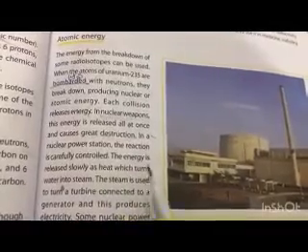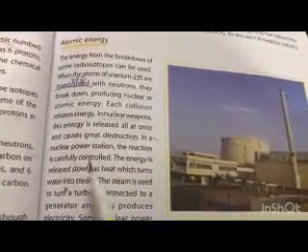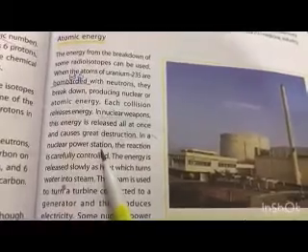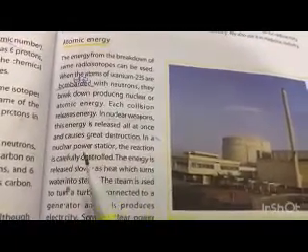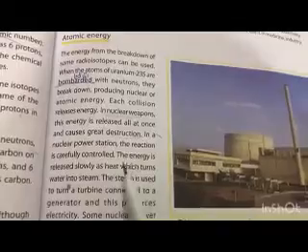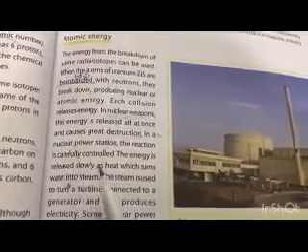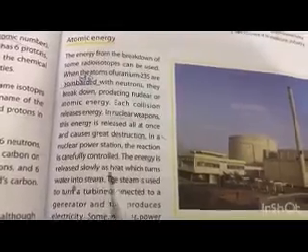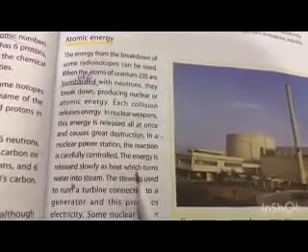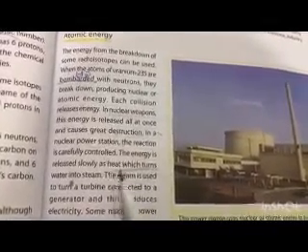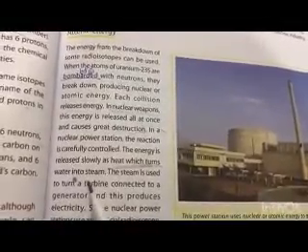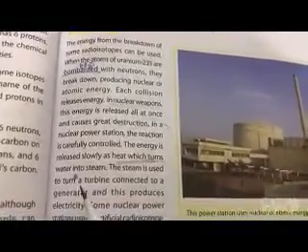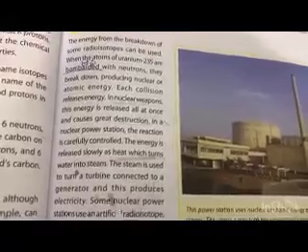So during the process, when we are using this nuclear power in industry or in power stations, the reaction is very carefully controlled. Why is this so? Because the energy is released slowly as heat, which turns water into steam. So if we slow it down, heat will be produced, and what will it do? It will turn the water into steam. The steam is used to turn a turbine connected to a generator, and this produces electricity.